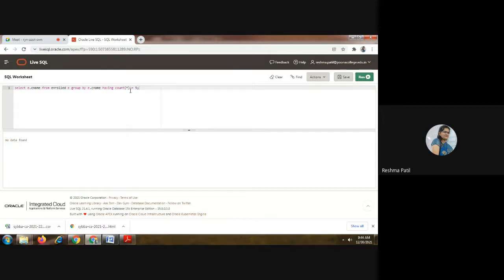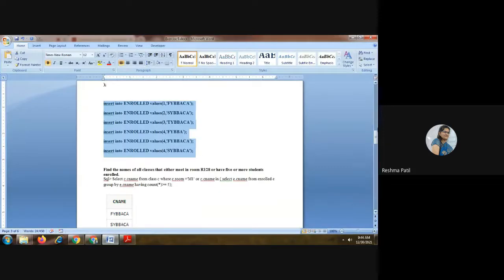No data found. Select CNAME from enrolled E group by E.CNAME having count star greater than or equal to 5. Here at least 5 records should be there for the particular class, then it will show some records. So check the enrolled table.